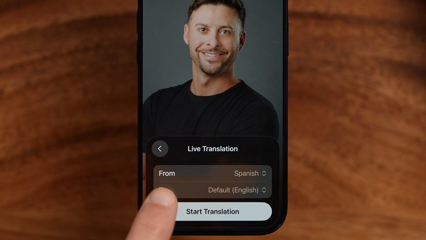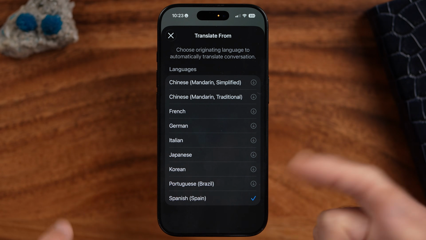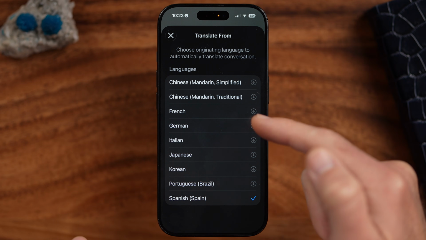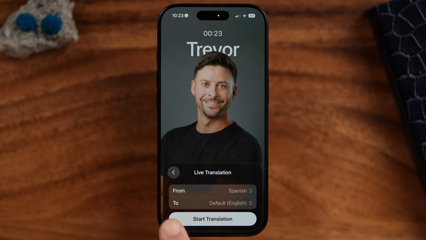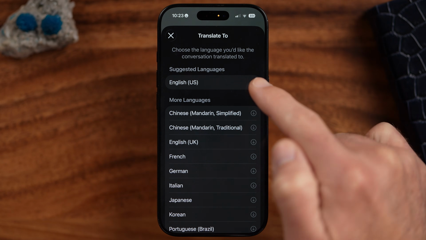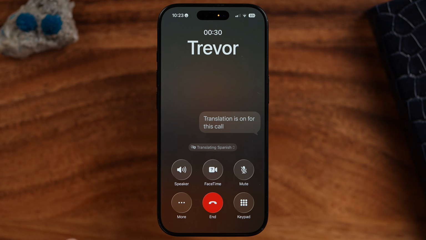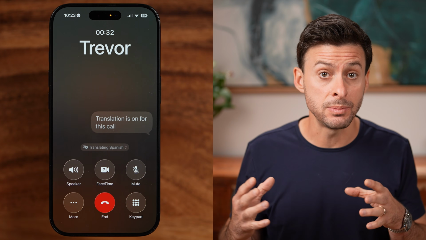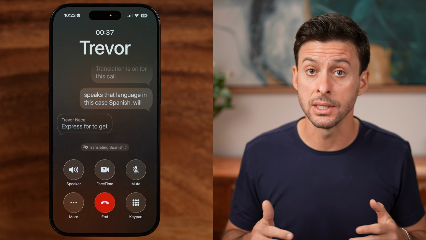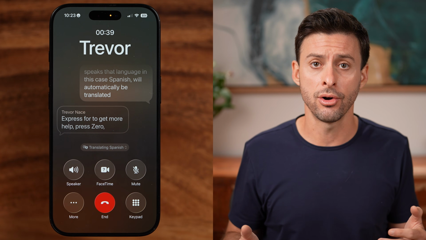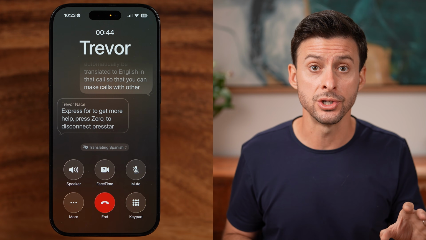So you can tap on that, and then you can see From. I'm going to translate it from, in this case, Spanish is fine, but you can choose French, German, Chinese, Japanese, whatever you want. And then I'm going to translate it to English in this case, and just tap Start Translation. Just like that, anybody that speaks that language, in this case Spanish, will automatically be translated to English in that call so that you can make calls with other people that speak other languages and still be able